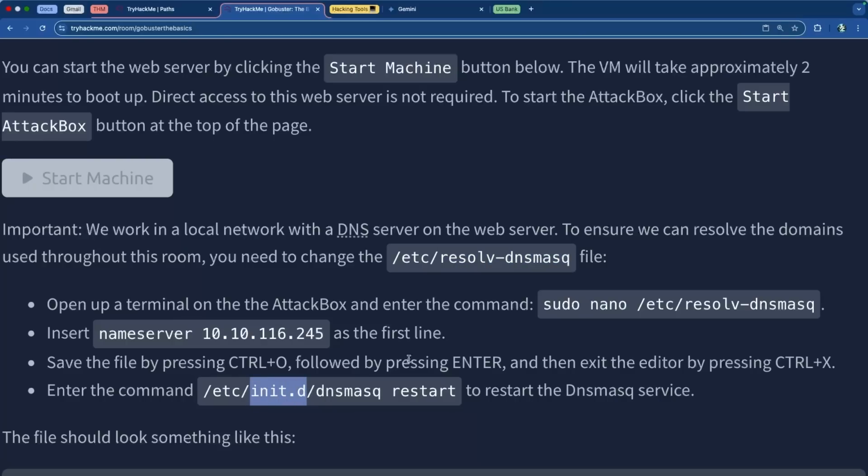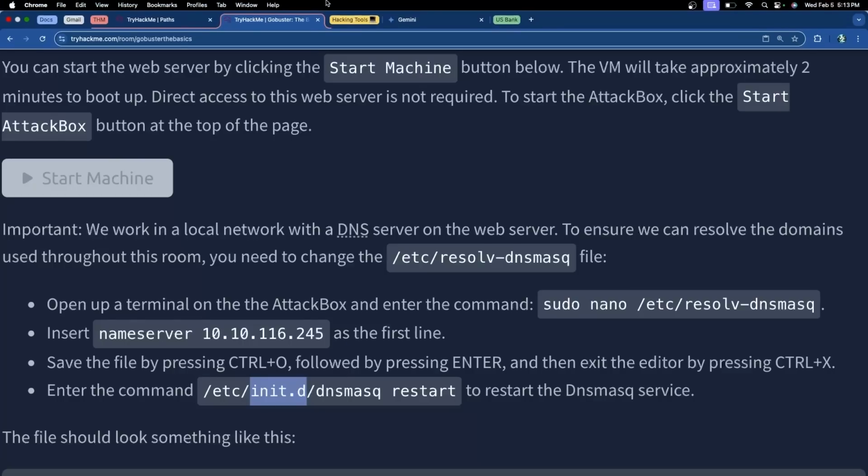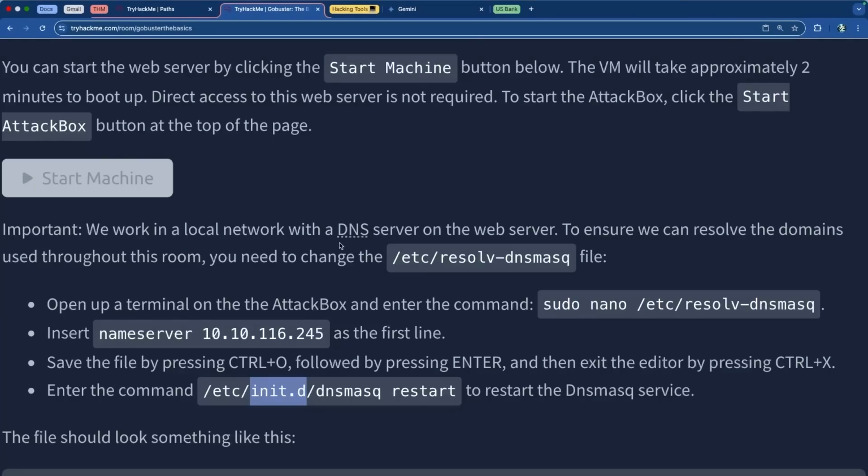So it was systemctl, and then we were resolving the specific file that was the configuration file for systemd, and then we had to restart that, and so on and so forth. So the instructions have been completely modified for this particular room as it stands as I record this. Today is, what is it, Wednesday, February 5th of 2025, and the instructions have been adjusted to this set of instructions. So what you will see over here is that instead of modifying the initial file that we had, we are now modifying the